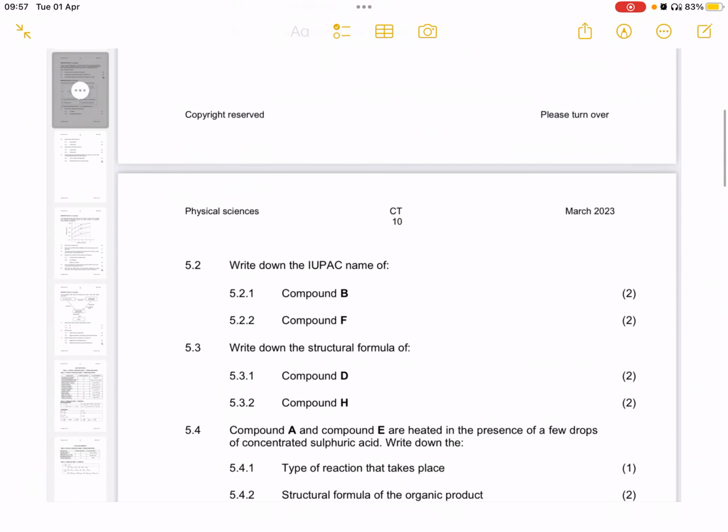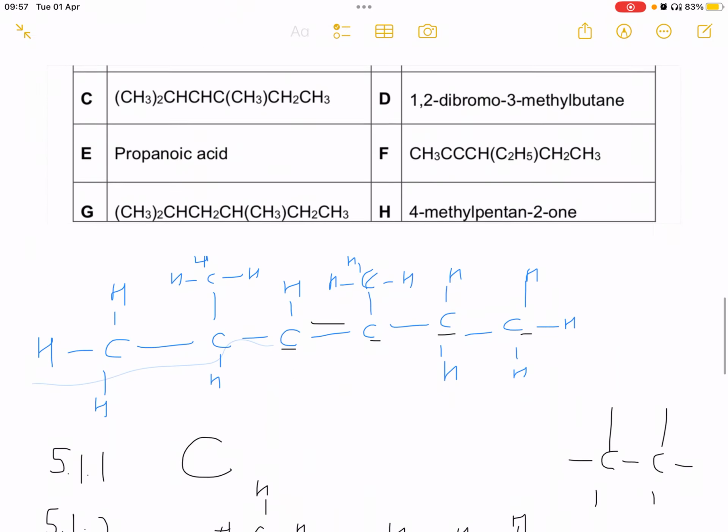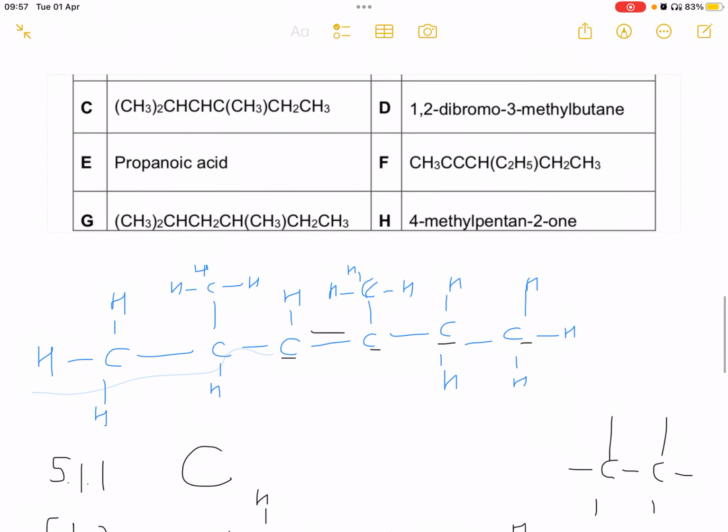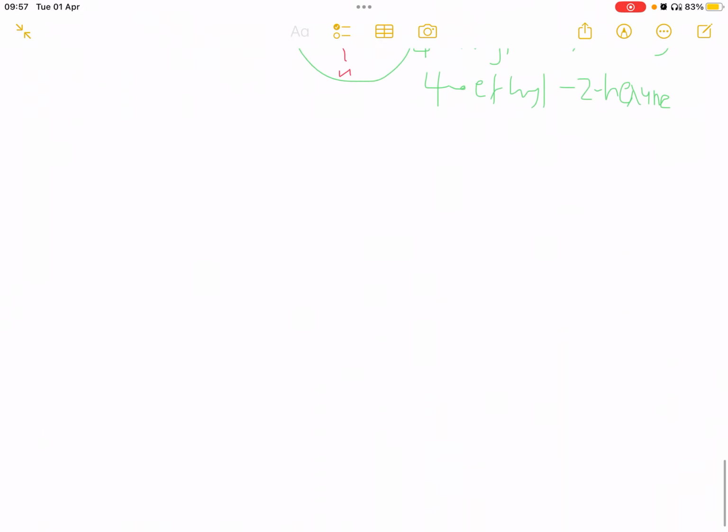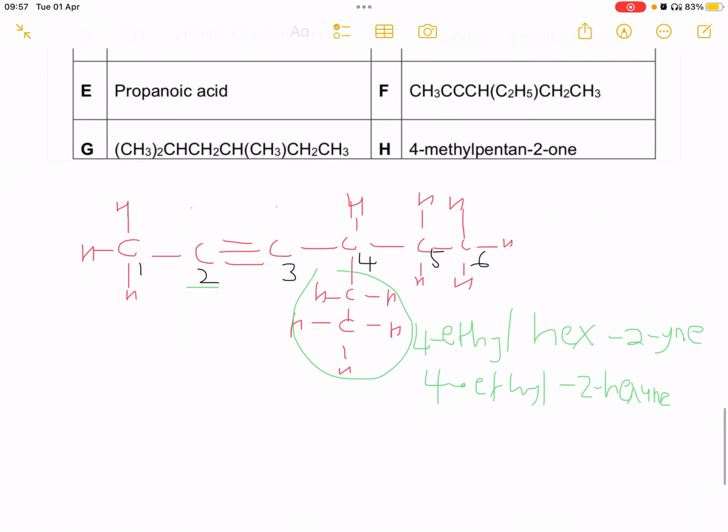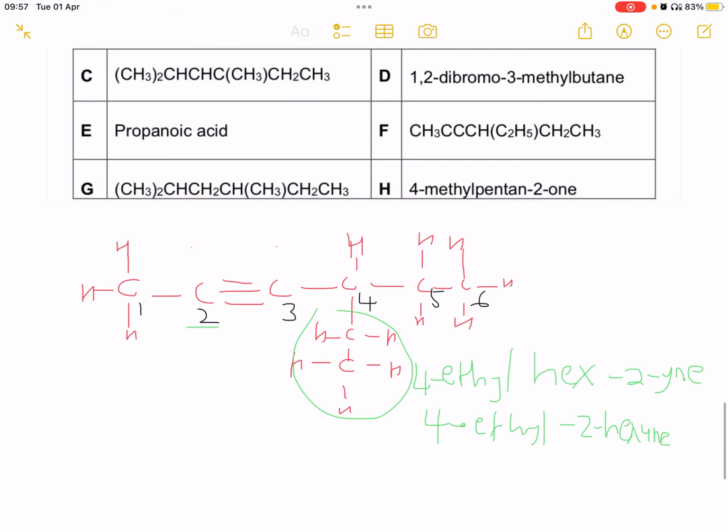Then 5.2.3, the question is asking us to write down the structural formula of compound D. Compound D is 1,2-dibromo-3-methylbutane. Okay, I can still do it here. Compound D is